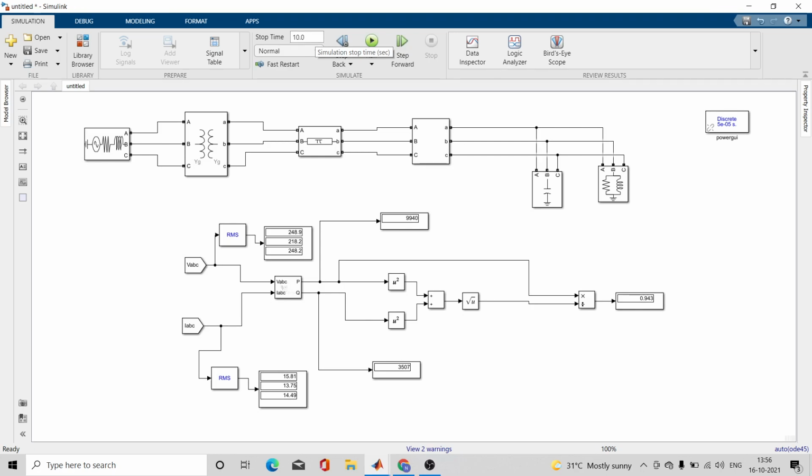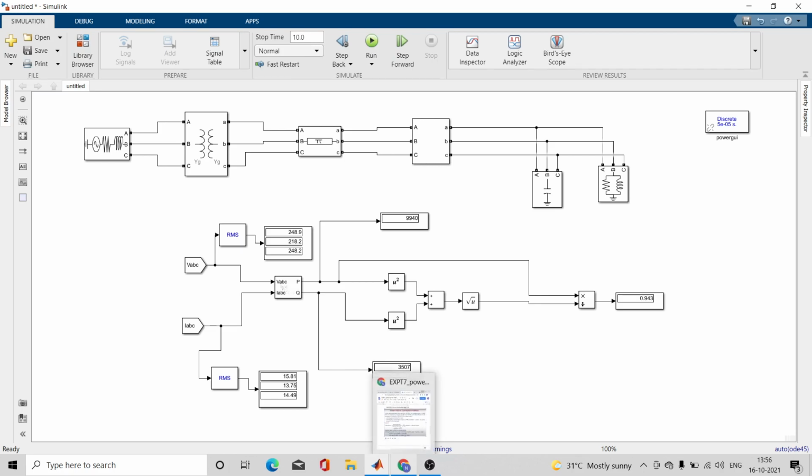So yes, you can see that if you insert this capacitor bank of 1.472, you have improved your power factor up to 0.943. So this is our problem statement, and this is how you have proved that if you use this value of capacitor you can improve your power factor.